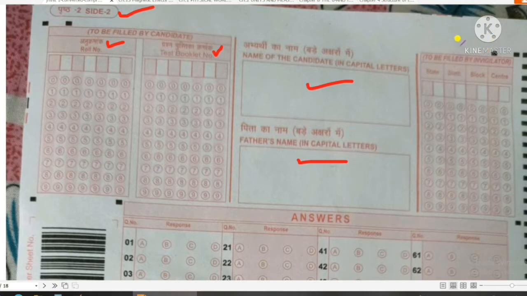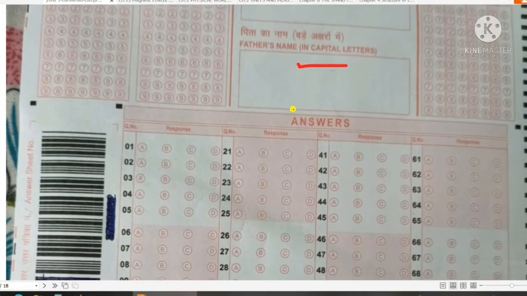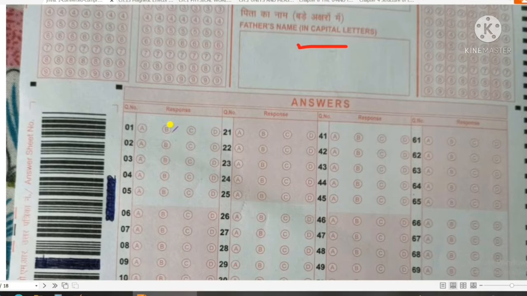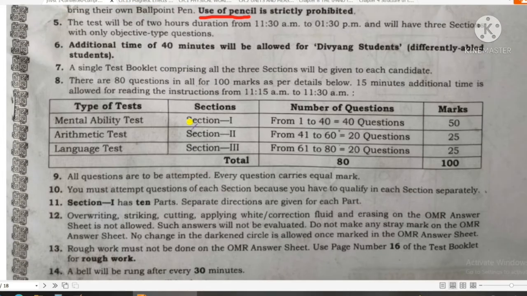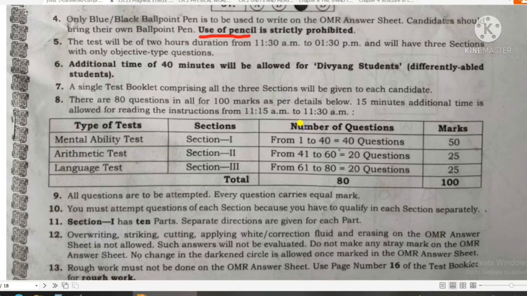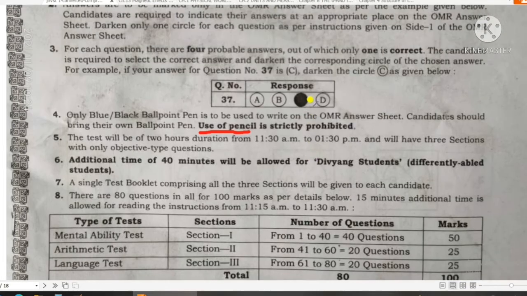This part is to be filled by the invigilator. This part is not filled by students or candidates. Then this is the information, that is answers response. So whatever answer you feel is correct, you have to fill this circle. You have to darken this circle with a black or blue ball pen. See here, one important instruction is written. What is that? You can see here,